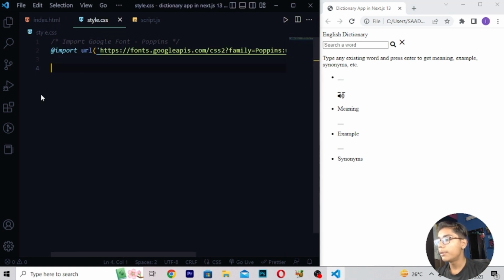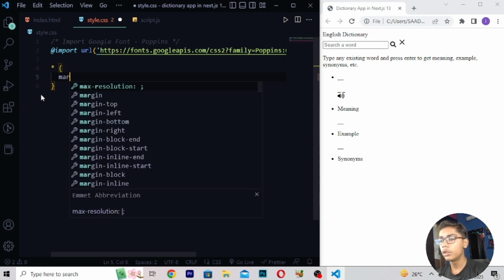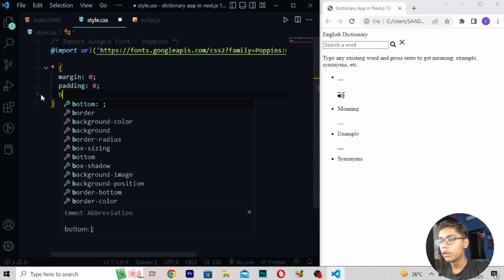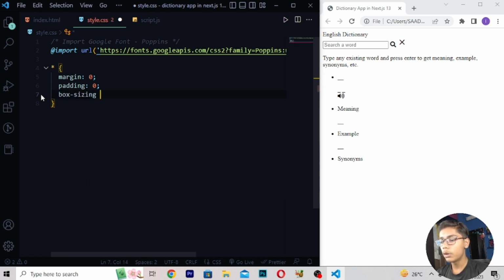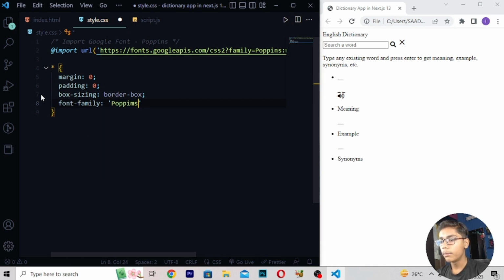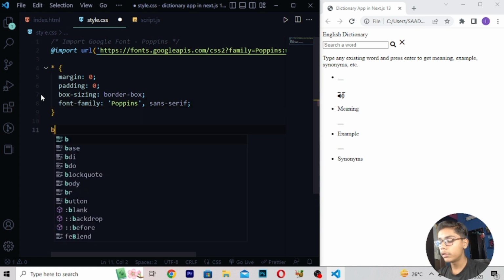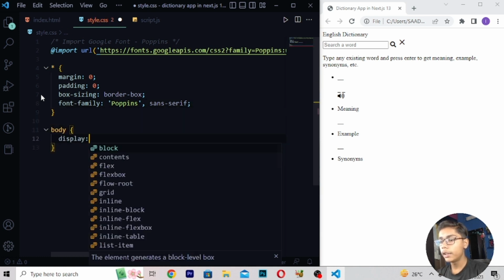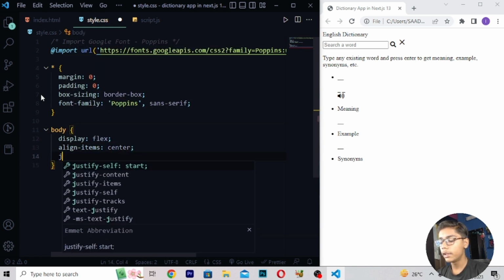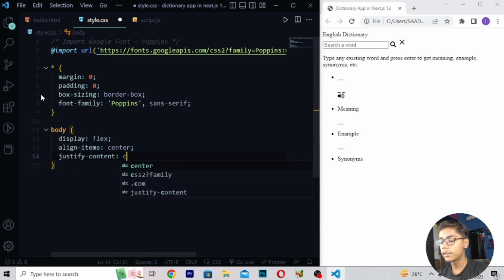So you can see here I am on second file. After just moving on this file, here I will be writing a tag which should be like margin 0. So here I will be writing margin 0, right here a tag which should be like padding 0, then write box sizing border box. Here when you've written this, right here font family Poppins, then here I will be writing sans serif. Now you have to just move down, right here body, then I'll be writing here display flex, right here align items in center, then right here justify content in center.